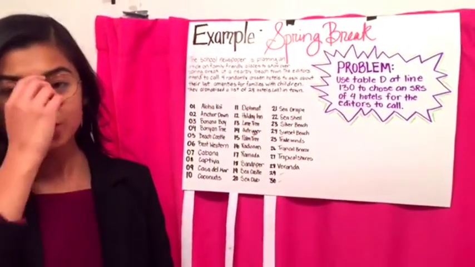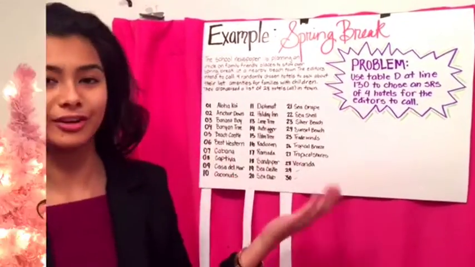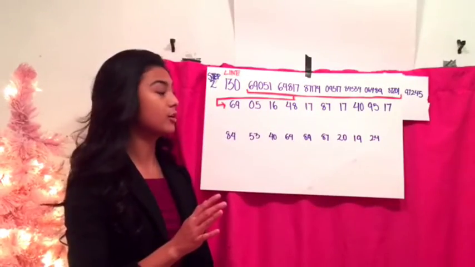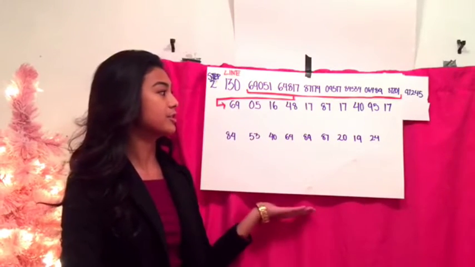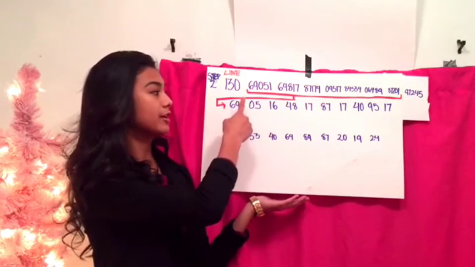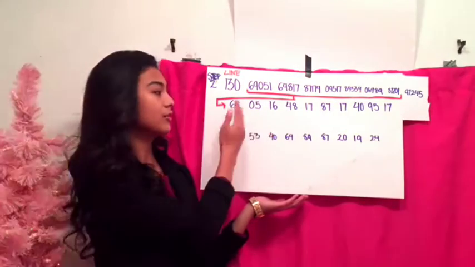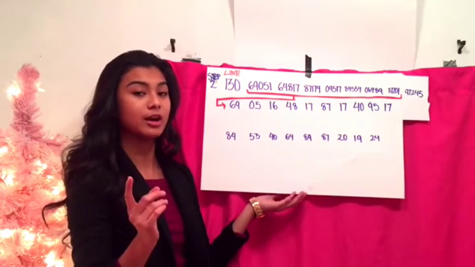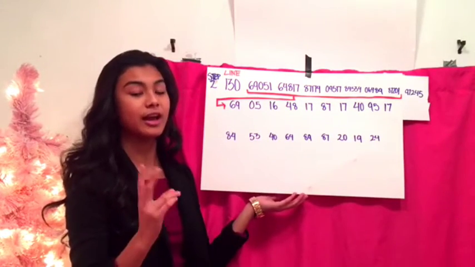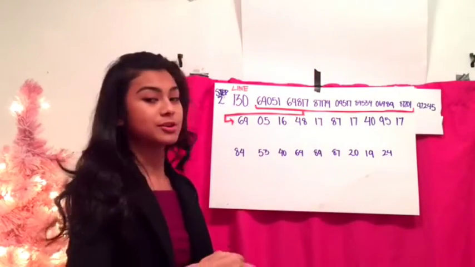So now what we're going to do next is use Table D to see if we need to skip or use each variable. Now that we have assigned every hotel with the proper numbers going from 01 to 28, we are going to use Table D at line 130, and we're going to group them into twos, reading 2-digit numbers from left to right. So we are going to skip any number that is one, not between 01 and 28, and two, repeats itself. So, starting with number 69,